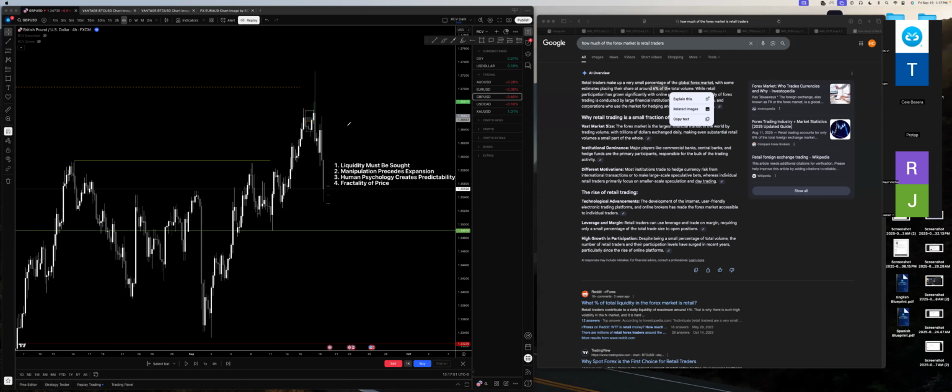Because if we're looking at this in ranges now, right, we have the range, we have the manipulation here, the sweep here, right? And then once this technically breaks, then if you're taking any kind of scenario, you can aim for the low. Right. So everything is kind of based on manipulation, just to time the execution.